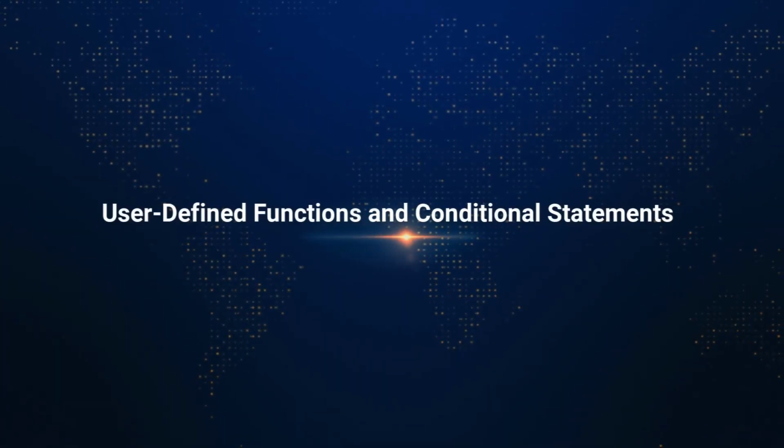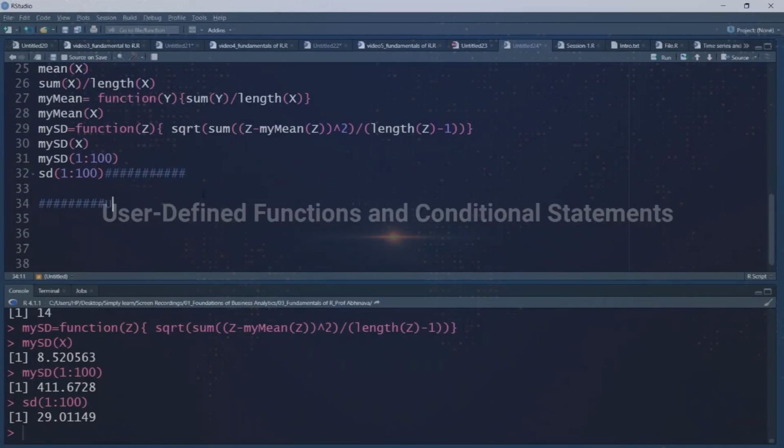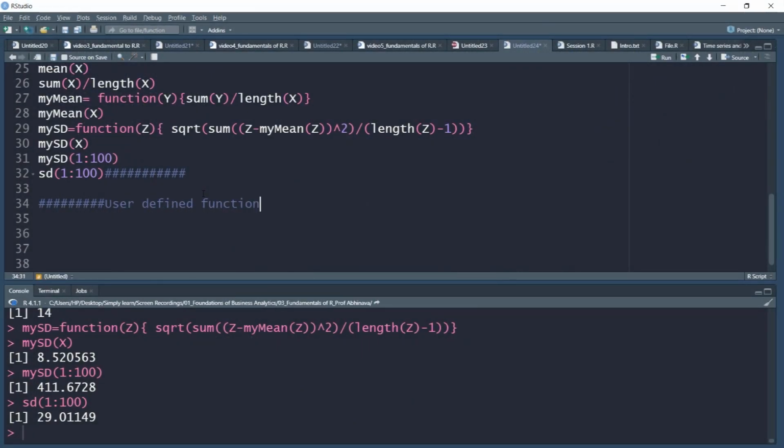Let's discuss user defined functions in R. As we have probably guessed, R includes functions for calculating many common statistical summaries such as the mean of a numeric vector. Let's consider a simple variable x and assign a number of values to it. So we are assigning a set of values to this vector x. Now, if you want to compute the mean of this vector, you can simply use an inbuilt function called mean,